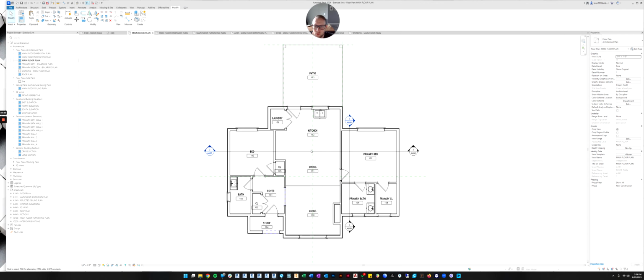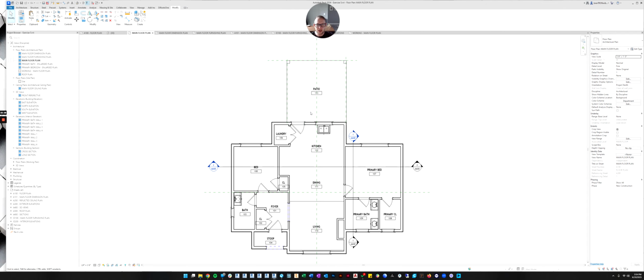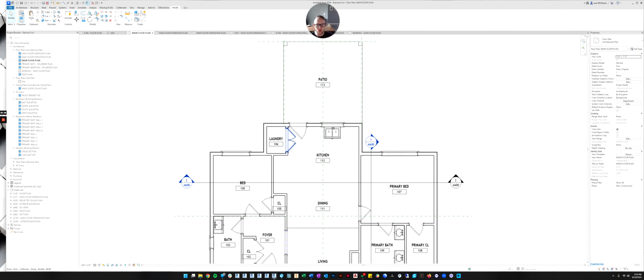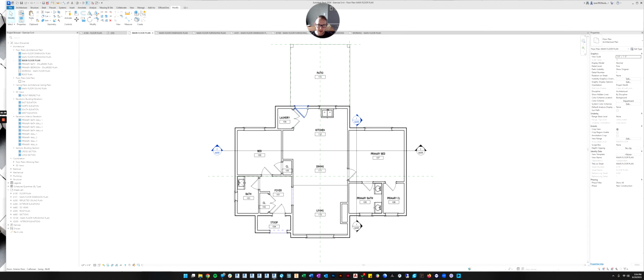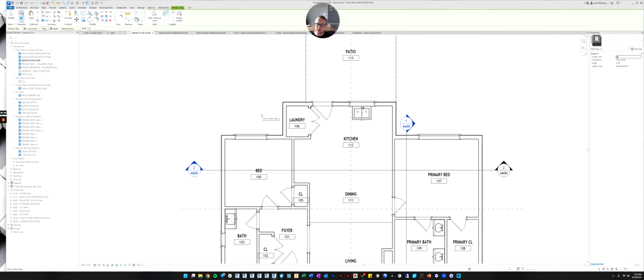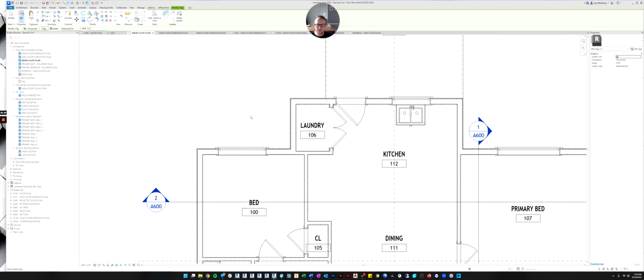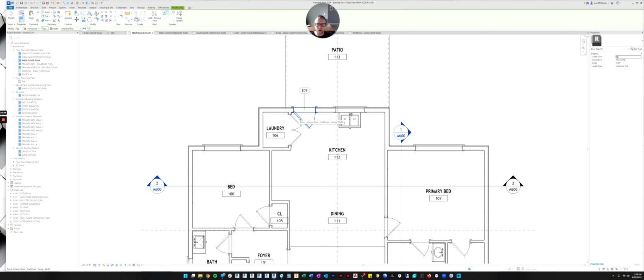Okay, so the next type of thing we would typically show on a floor plan would be to tag the doors and the windows. Those are pretty important tags to create. So let's do that. If you go to the architectural annotate tab, there is what's called the tag by category command. If you click on that, it will start to try to tag whatever you're hovering over. So if you hover over a wall, it'll try to tag the wall. If you hover over a window, it'll try to tag the window. And if you hover over the door, it'll try to tag the door.